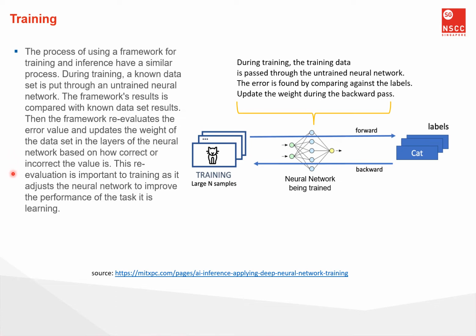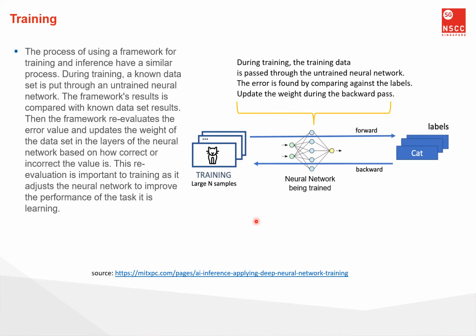This re-evaluation is important to training as it adjusts the neural network weights to improve the performance on the task that it is trying to learn. So you can see from this diagram that during training, the training data is passed through the untrained neural network, is compared against the actual labels, and then the error is propagated back through the neural network and is used to adjust the weights so that the error is reduced on the next iteration. So this is basically an optimization algorithm that adjusts the weights,